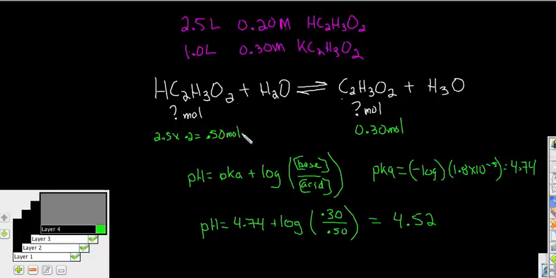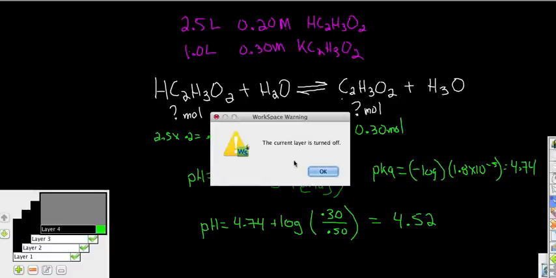Then our next step is to take this and figure out how many moles do we have here, and how many moles do we have over here, and can we set this up to solve for pH? Well, it's pretty easy. So to figure out the moles of this, I have 0.2 molar of this and 2.5 liters, which is going to give me a total of,